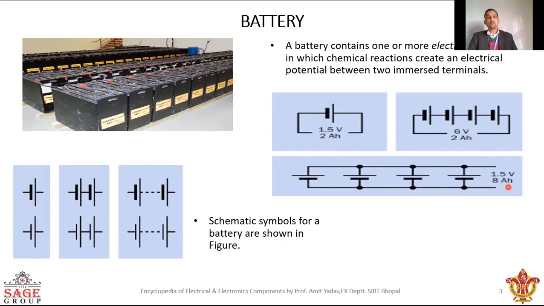So in this way, if you have to increase the battery capacity, then you will have to do the parallel connection. And if you have to get a higher voltage, then you just do the series connection of the batteries. Okay. Now next